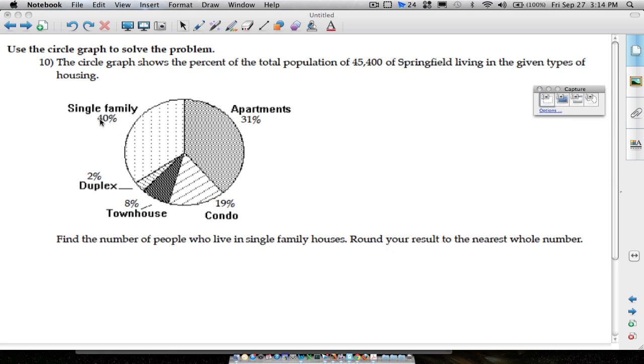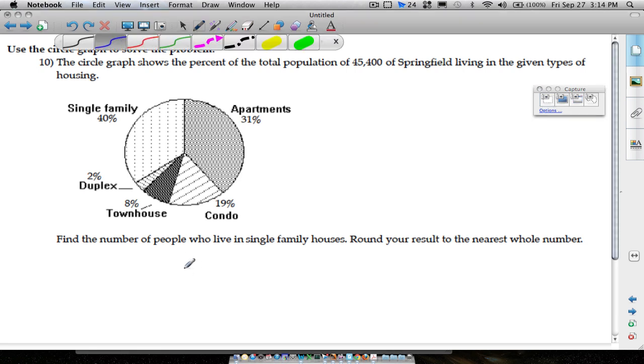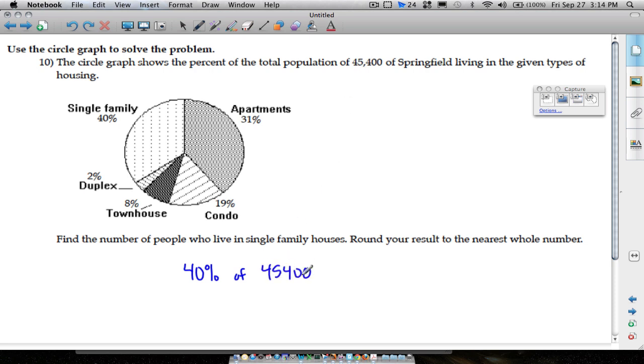So what we have here is 40% of the entire population of Springfield. 40% of them live in single-family houses. So we want to find 40% of the population, which is going to be 45,400 people. To do that, the word of means multiply, so we do 0.40 or 40%. Of means multiply